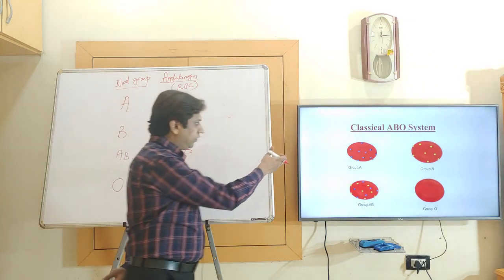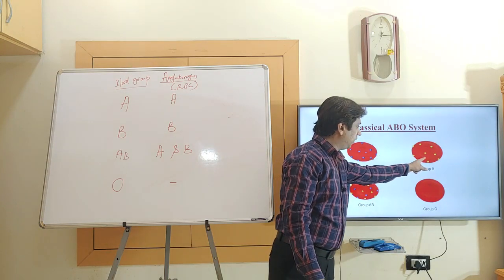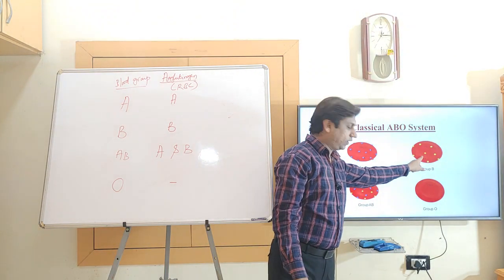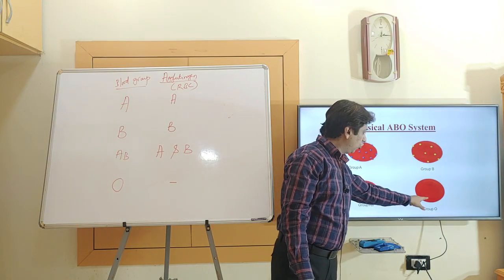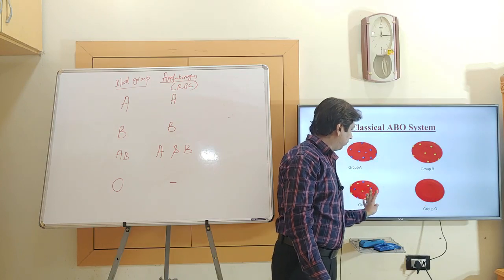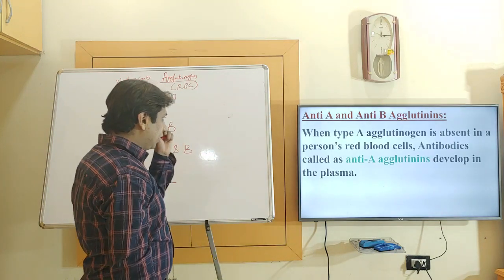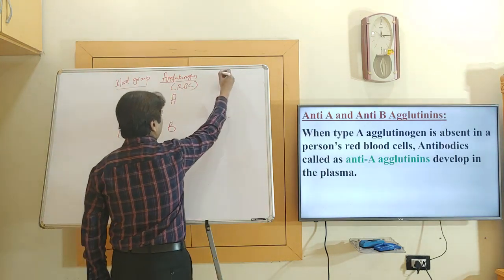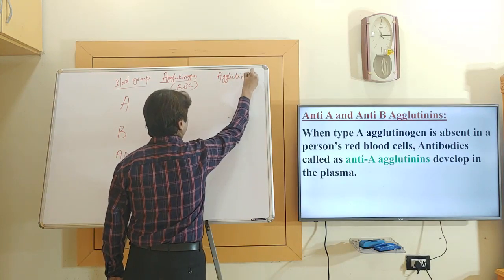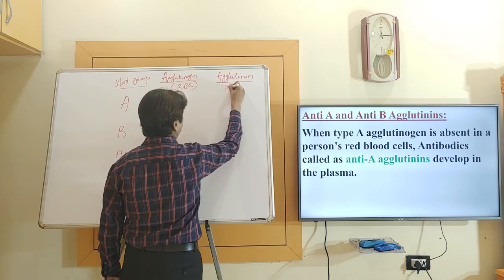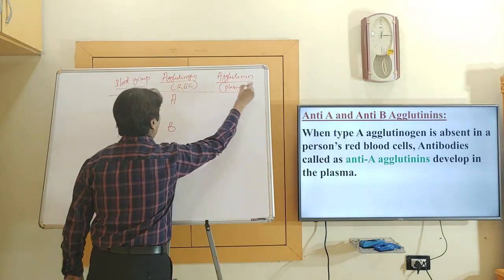You can see here also that the A blood group has A antigen on the surface of an RBC, B has B agglutinogen or antigen, AB has A as well as B, and group O has neither A nor B. Now, after learning about the concept of agglutinogen, we have already discussed one more term, agglutinin, that is antibodies. These antibodies are generally present in the plasma, while the agglutinogens are on the surface of an RBC.